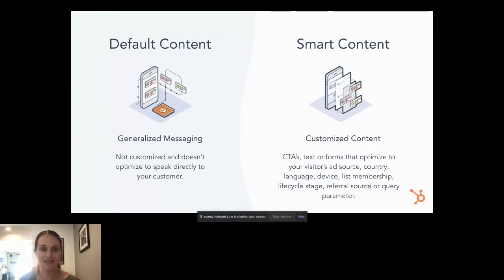And some easy examples of what smart content, what this customized content, will be able to do are things like mobile users seeing shorter fields, so it's easier for them to fill out on the go if they're just on their phone and in their car and just really quickly want to submit a form. Someone in Canada sees Canadian dollars. A customer can see a different call to action than a prospect on your homepage. A customer can see share your review, whereas a prospect could see book a demo. So really key items to easily create a different personalized experience.